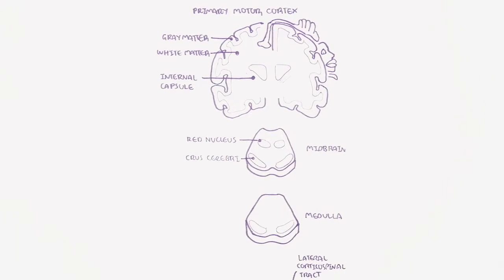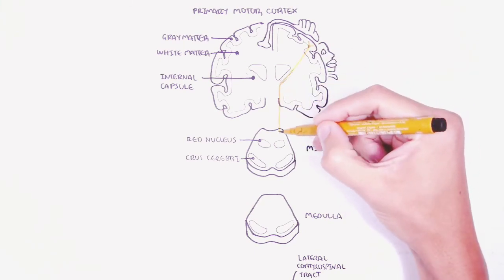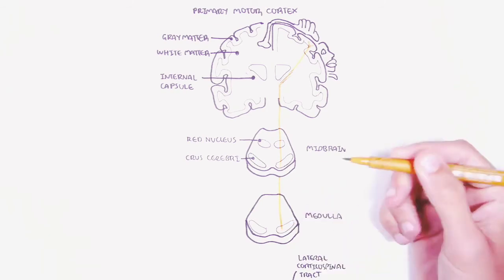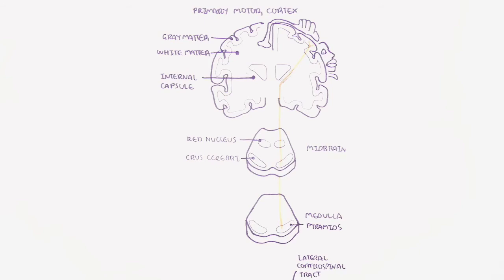The upper motor neurons arise from the left primary motor cortex, pass through the internal capsule, through the brainstem, passing the crus cerebri, passing through the pons, and then passing through the medulla, the area called the pyramids. Hence, it's called the pyramidal system. The vast majority of upper motor neurons that project from the motor cortex to the spinal cord are contained in the lateral corticospinal tract. The neurons that will travel through the lateral corticospinal tracts will cross over at the medulla